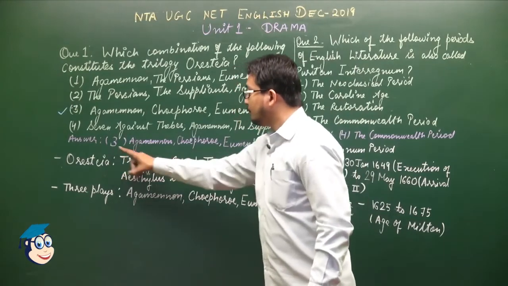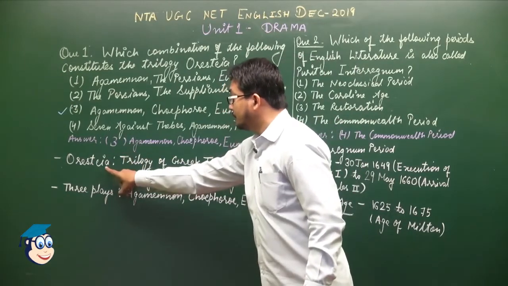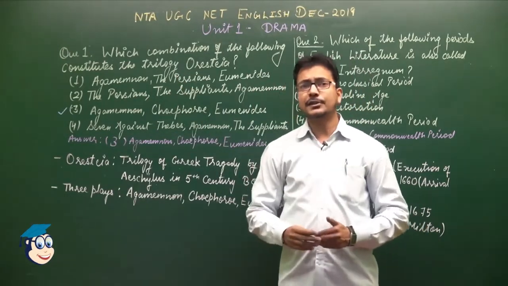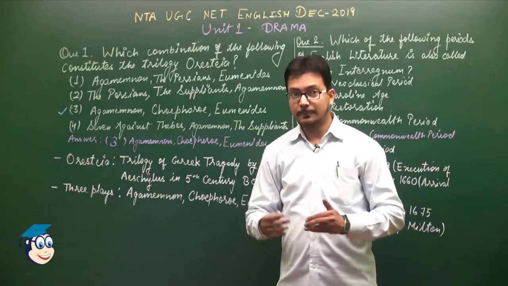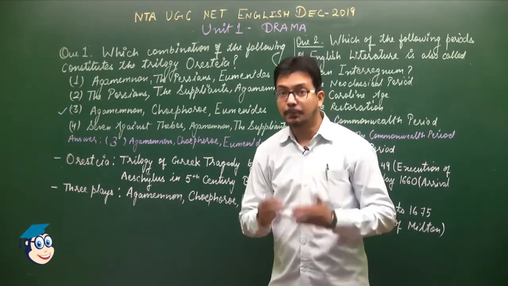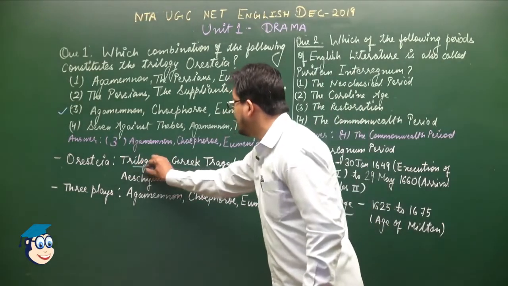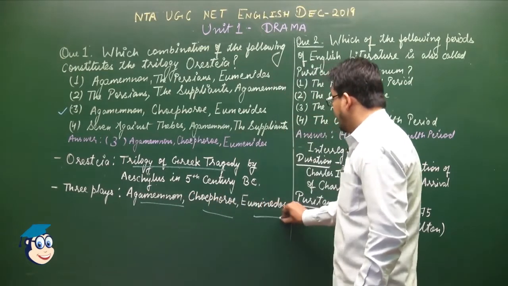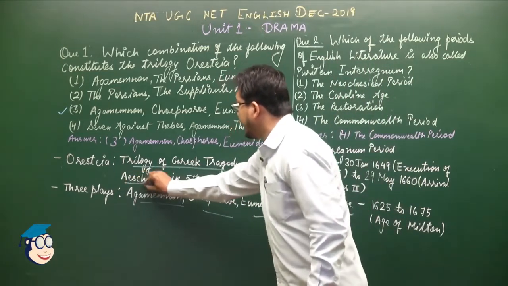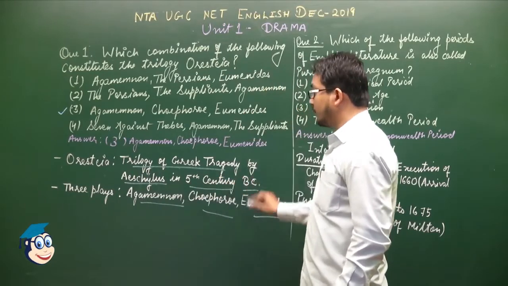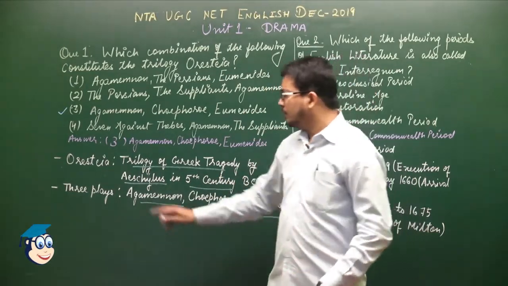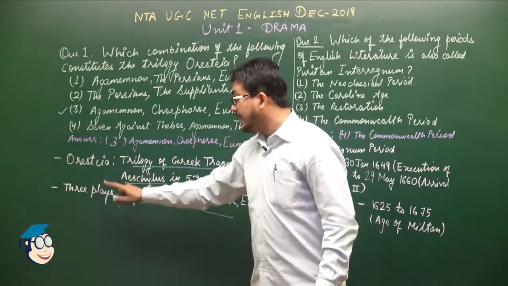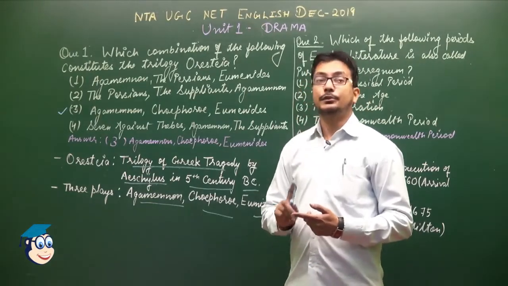In the third option, we find the reason that Oresteia is a trilogy. If you remember, the ancient Greek tragedies were written in the form of trilogies. That means they were a combination of 3 plays. And this is why we find the Oresteia trilogy with a combination of Agamemnon, Choephori, and Eumenides. It was written by Aeschylus in the 5th century BC. Aeschylus was a great Greek tragedy writer. Along with him, there were 2 others, and they were Sophocles and Euripides.